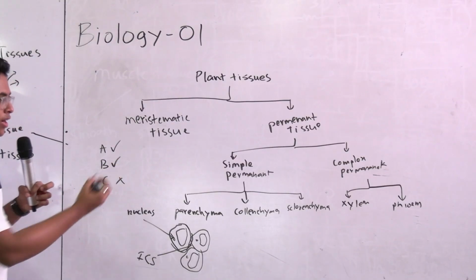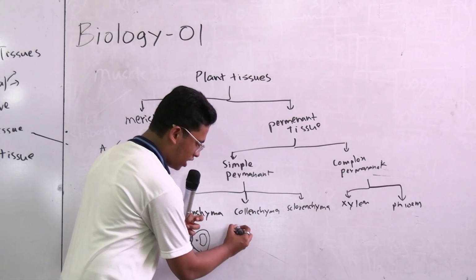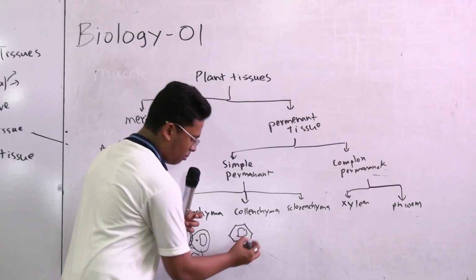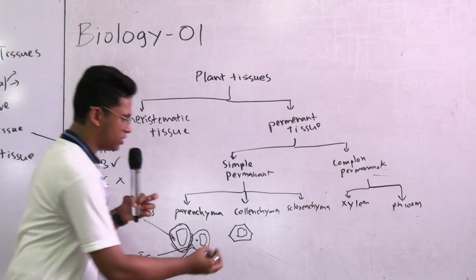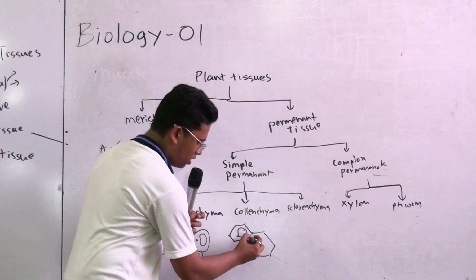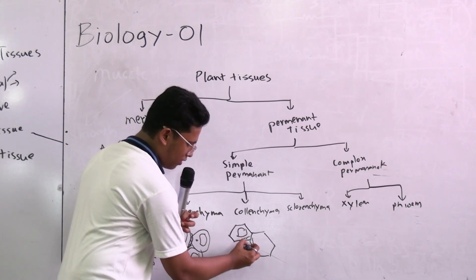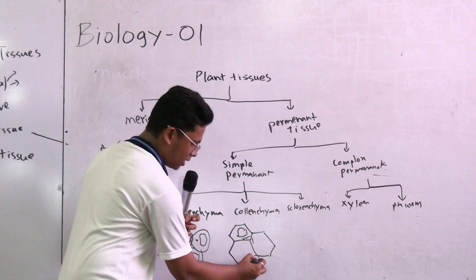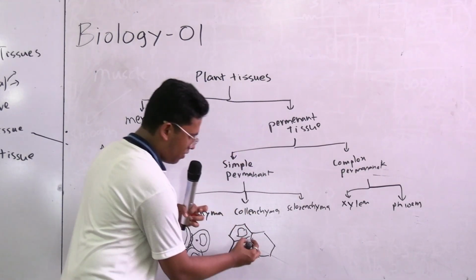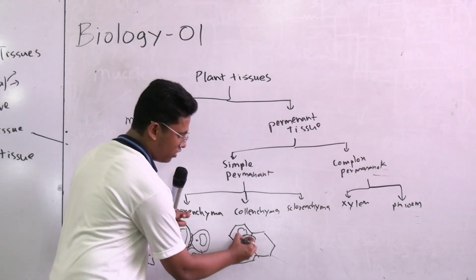So like that you can draw for collenchyma as well. So collenchyma are roughly hexagonal shaped cells. But what's the unique feature about collenchyma cells? They will have thickened cell wall corners, right? Because their cell walls will have a substance deposited in them, and their cell wall corners will be thickened due to that. So that's a unique feature of identifying